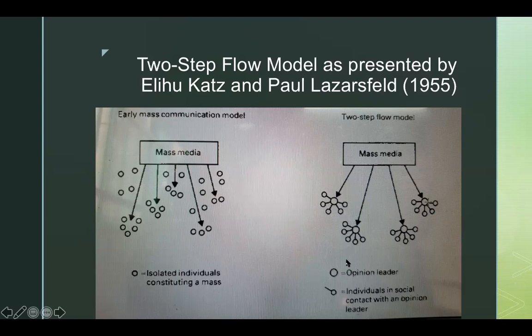This is the two-step flow model. You see this is media. The bigger circle here denotes opinion leaders, again active users. I would repeat that opinion leaders are actually active users of media. So bigger circles denote opinion leaders, whereas smaller circles with lines denote individuals who are in contact with opinion leaders. See, this is how the two-step